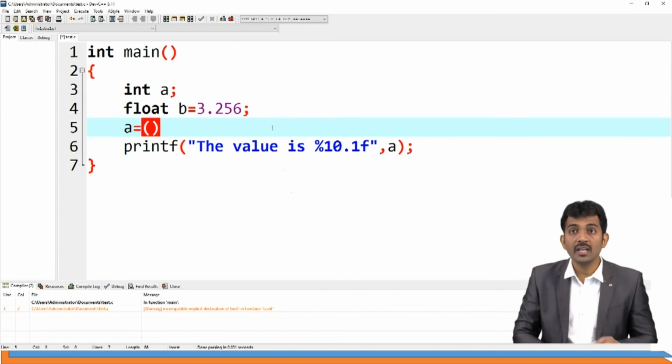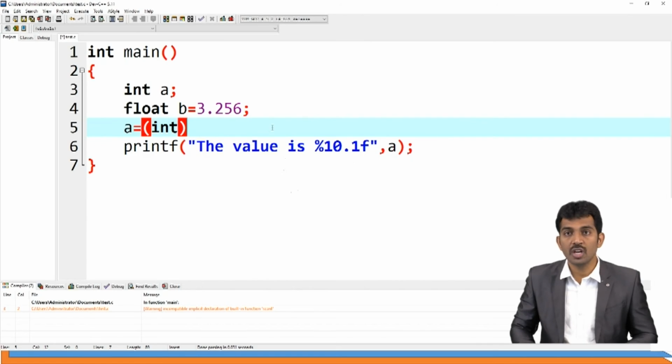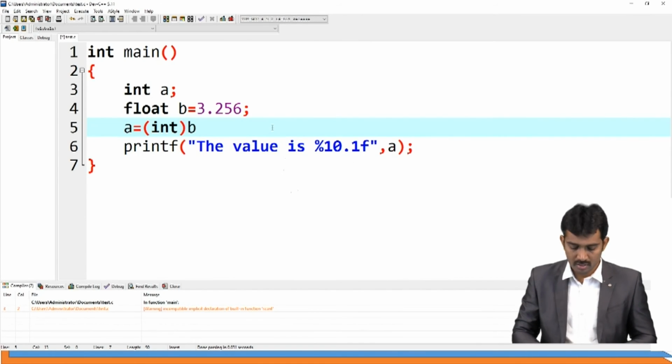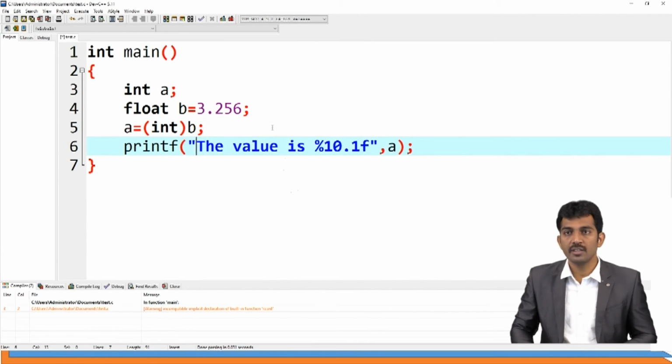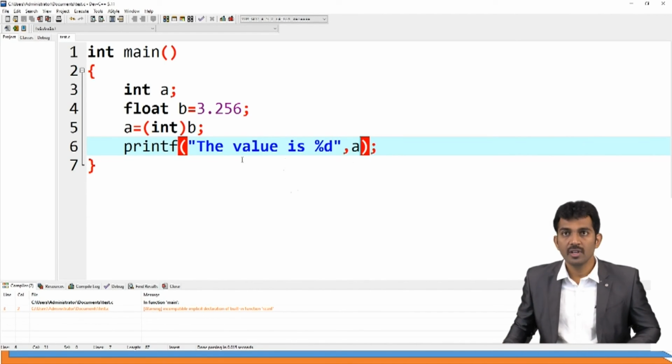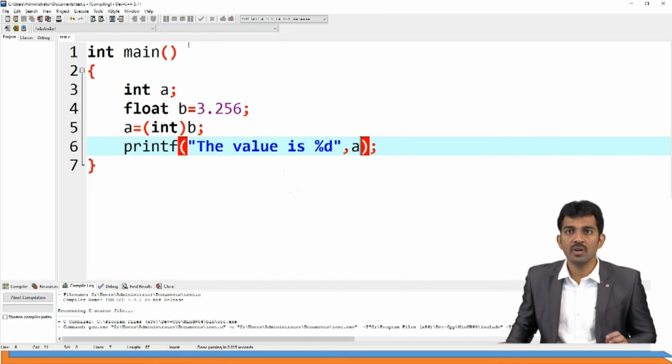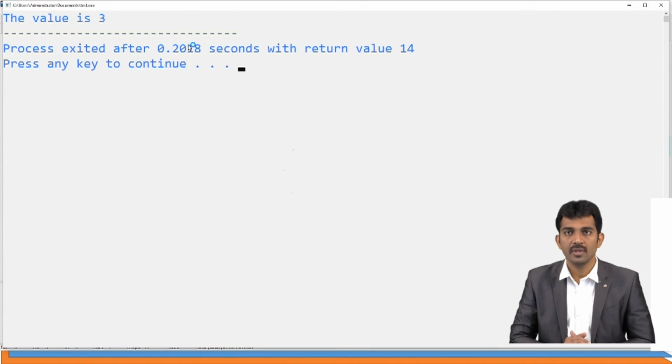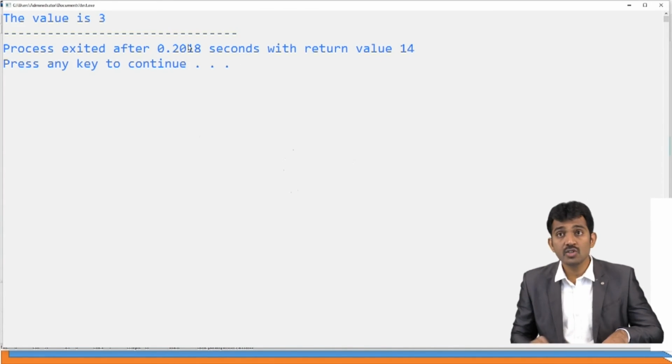What kind of destination? Integer, right? And I'm going to convert b. That's all. Now if you print your data, %d, comma a, what is the result you are going to get here? Only the integer part you will get here. 3 only, right? But the actual value is 3 point something. So this is called casting.